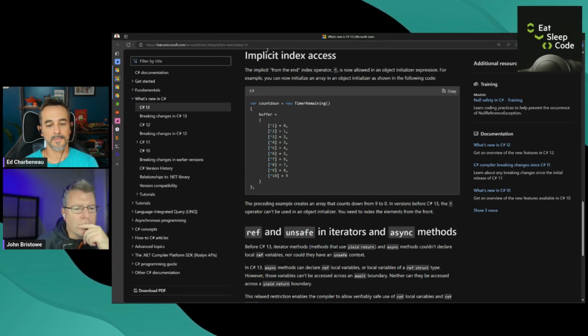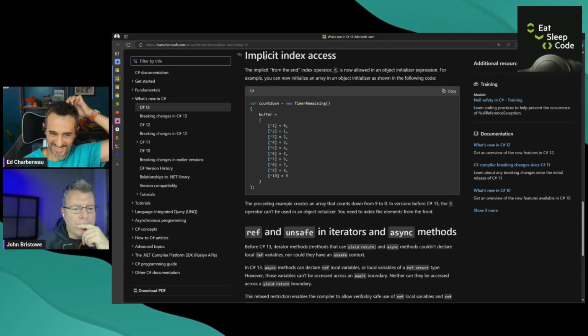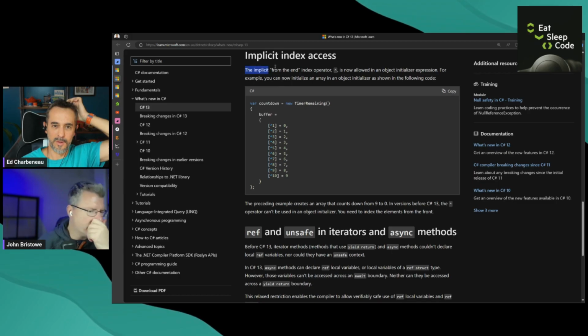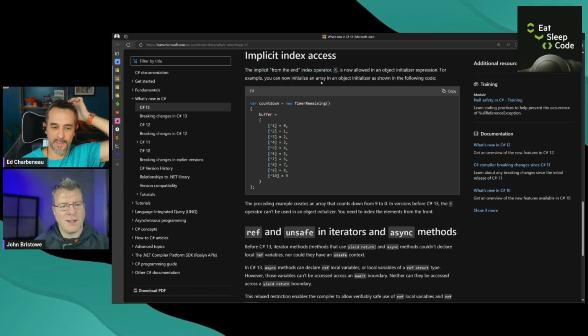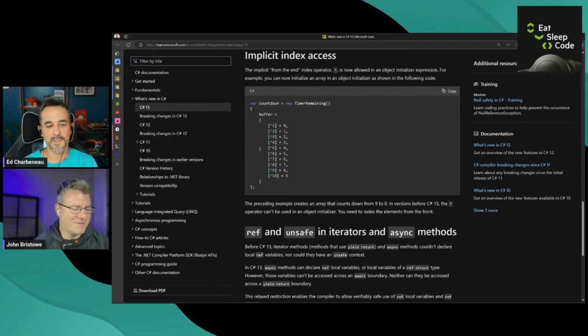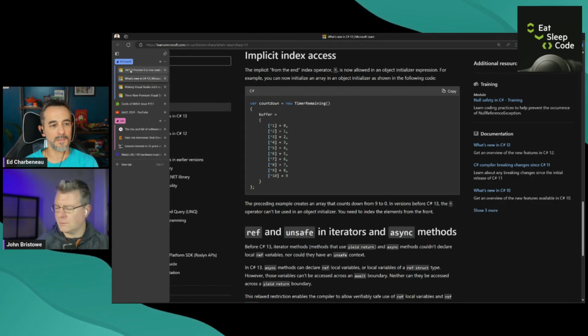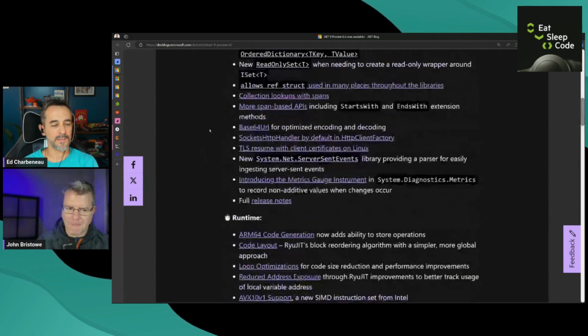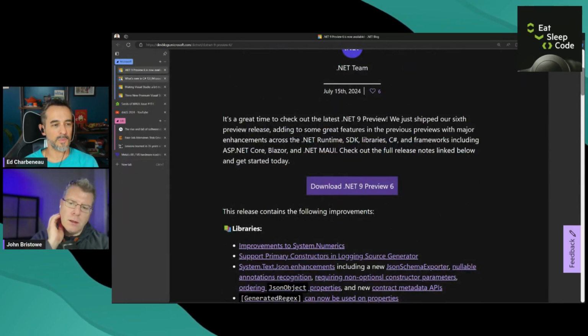How to index with colon. Oh, good. Stack Overflow, just what I wanted. Oh, I'm thinking of a range operator. Yeah, there are some range operators and whatnot, but there's an implicit from-the-end caret operator that I so badly wanted to use today. It's the hat symbol. It would have wiped out a ton of code, and I can't do it yet. So stuff is on the way, John. It's shipping. Check out the latest bits.